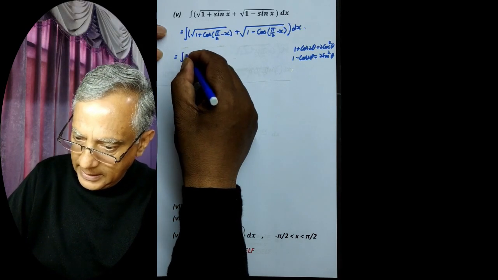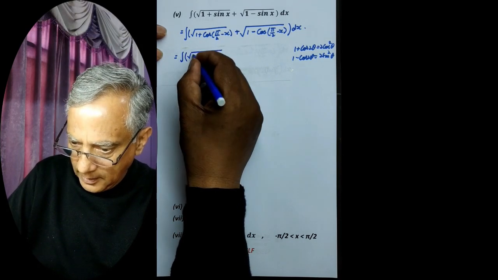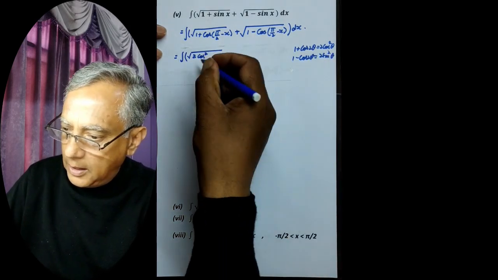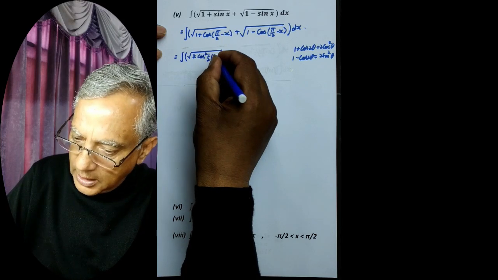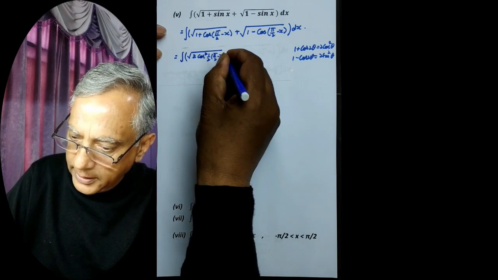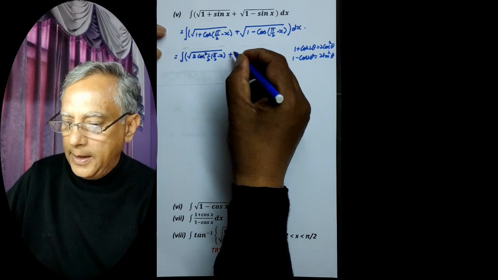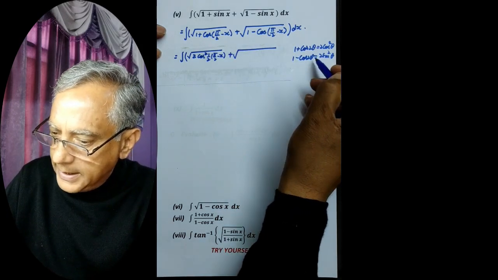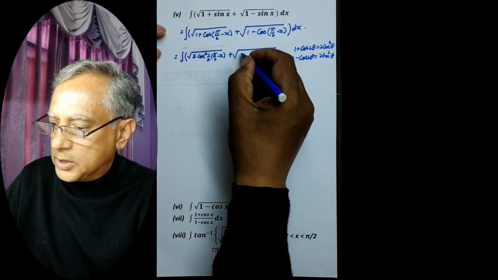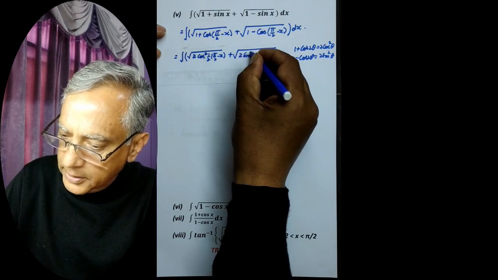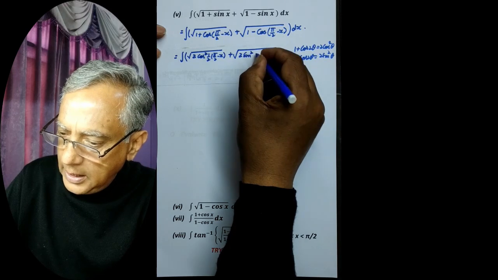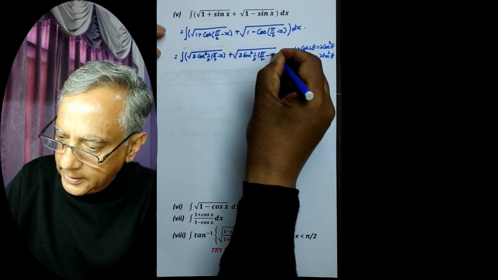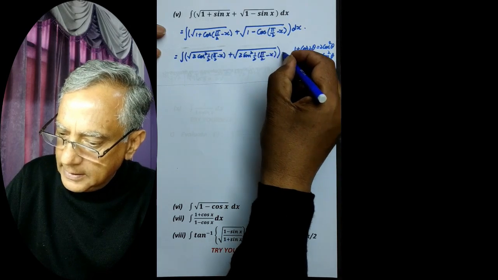Therefore this can be written as under the root 2 cos square half of this. So half of pi by 2 minus x plus under the root 1 minus cos of 2 theta is 2 sine square theta. So this will be 2 sine square half of this, that is half pi by 2 minus x